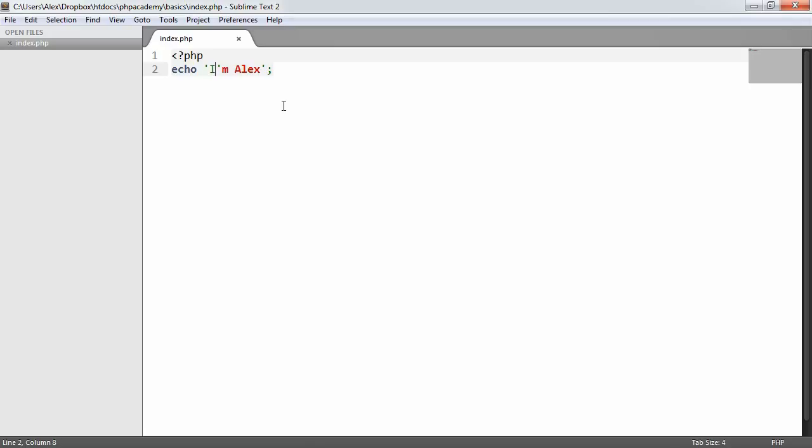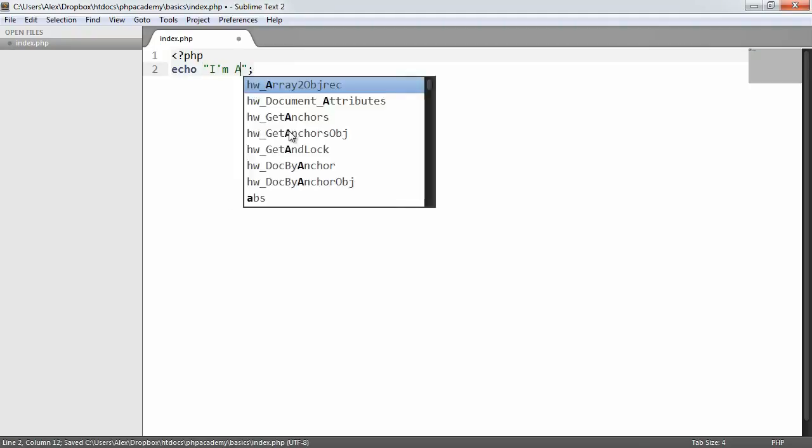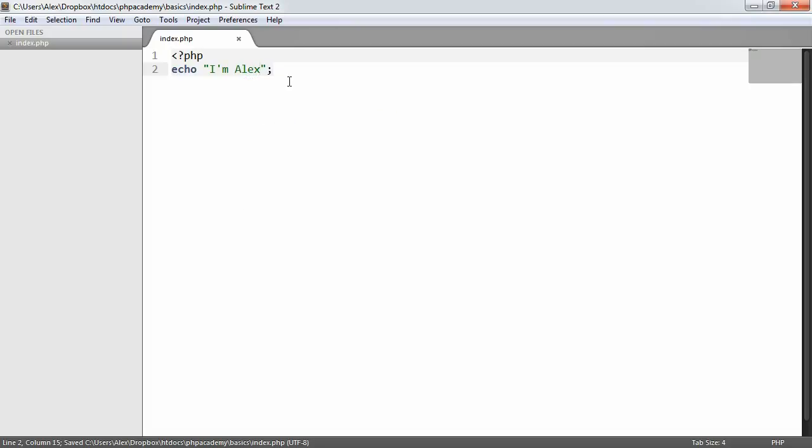Well, we can use character escaping for this. If we use a backslash just before the character that we want to escape, this doesn't take into account the fact that we have the single quotes on the outside, and therefore this isn't affecting the fact that we're using single quotes. So when we refresh now, we see this single quote. Now you'll probably think, oh well, it's easier to just use double quotes. And in actual fact it is, but then what happens if we want to use a double quote within this